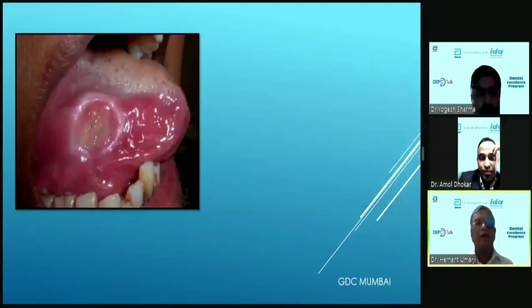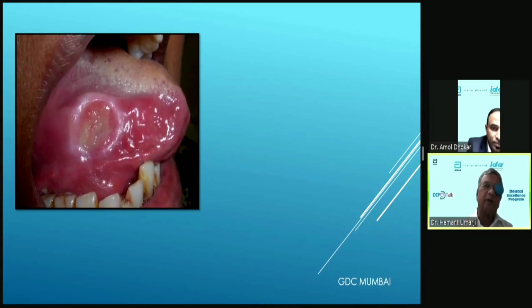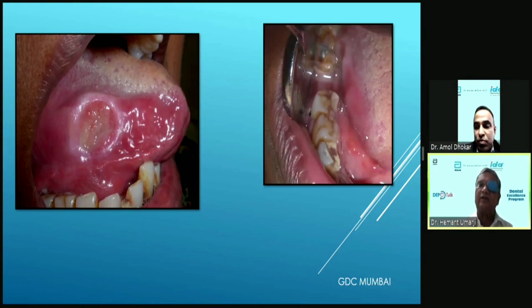Now if you look at this ulcer, I will not blame you if you suspect that it is malignant, because it looks so rolled out. But whenever you see an ulcer, try to look at the surrounding area. This is a single, long-standing ulcer, not healing. But when you look at the teeth, there is sharpness. You can see here the tooth was fractured, and this sharp edge was jutting into that ulcer. Therefore, this is a sharp tooth, and that is the ulcer.